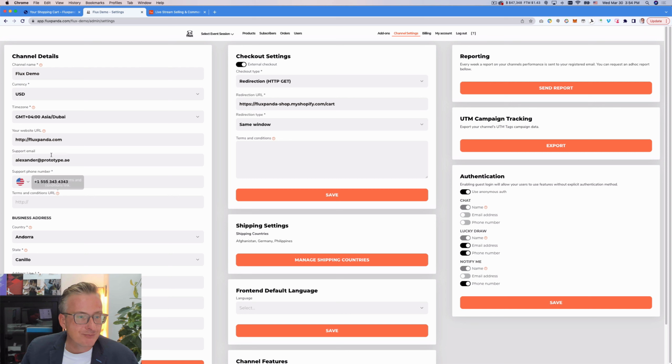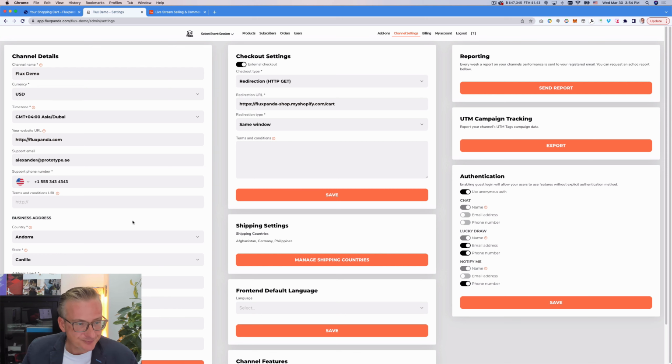And then the other thing that we have is the terms and conditions. That's quite important, but maybe you want to put your e-commerce terms and conditions in here, because if someone joins your live, then they will opt in to the live, right? It's kind of like an opt-in process where they say that they're okay with joining the live, and whatever terms and conditions apply. And it's important that you have the right terms here, because you're going to maybe collect some data from them, or you have special shipping or return policies or whatever. So put this in here, and they will have to accept those terms before they join the live by simply